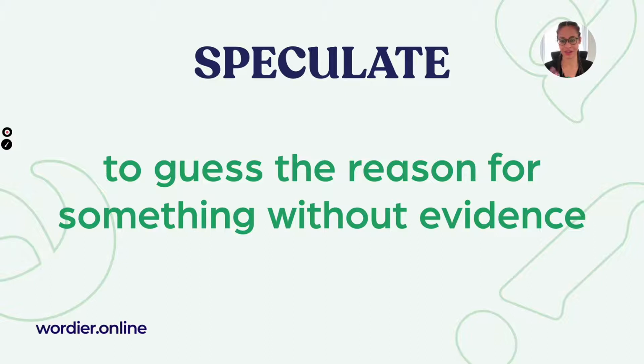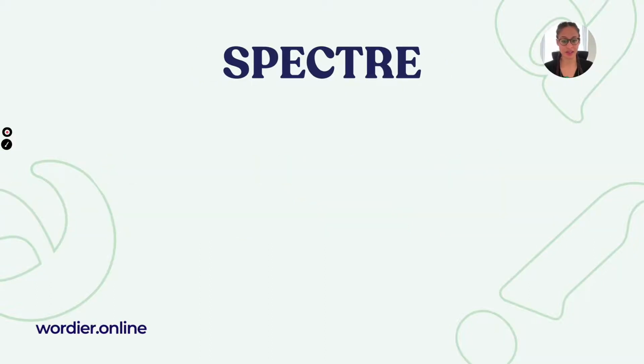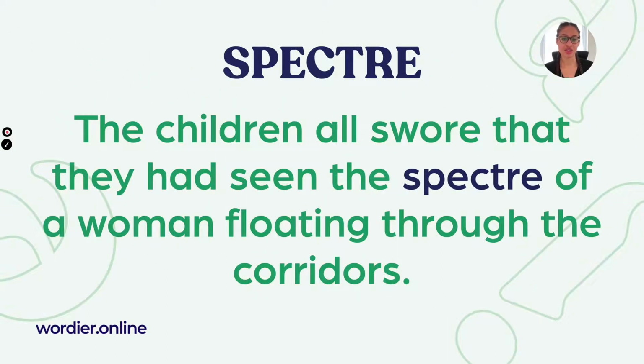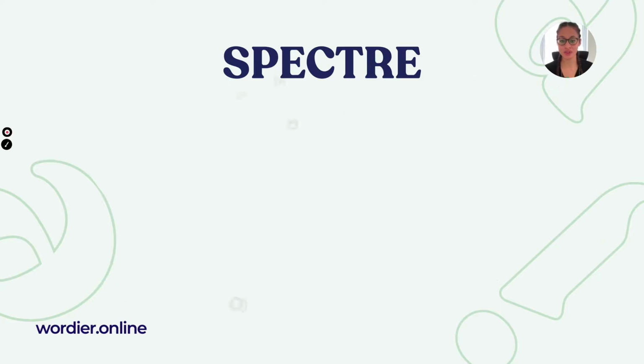That's speculate. Spectre. Might say the children all swore that they had seen the spectre of a woman floating through the corridors. Why would a woman float through the corridors? Why would someone doubt them? It's because a spectre is a ghost. Simple definition. Spectre means a ghost. It's a formal word for ghost, one that you might see in literature. Next word,